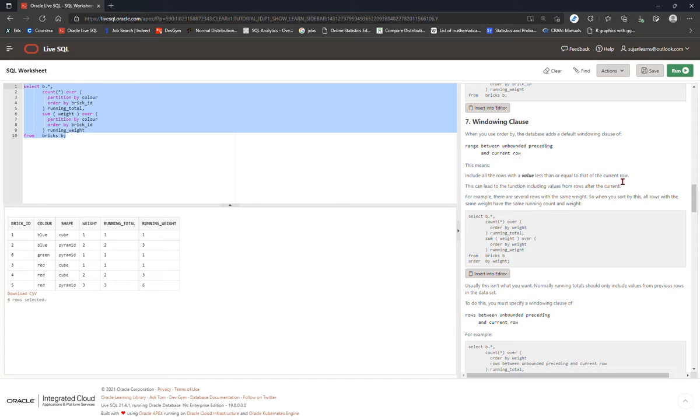When you use ORDER BY, the database adds a default windowing clause of RANGE BETWEEN UNBOUNDED PRECEDING AND CURRENT ROW. This means it includes all rows with a value less than or equal to the current row. This can lead to the function including values from rows after the current one, when there are